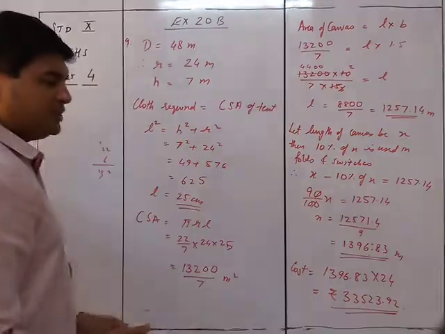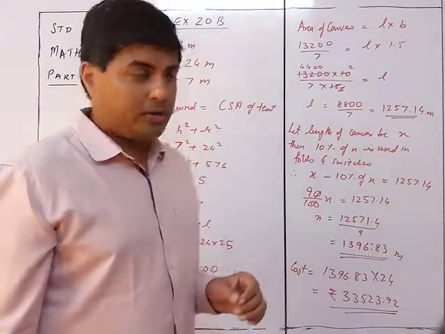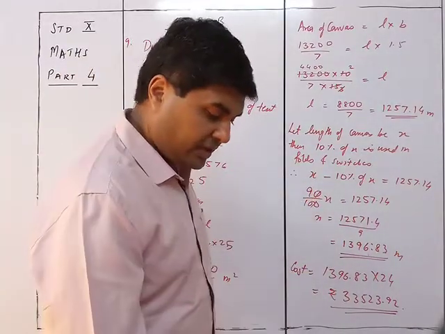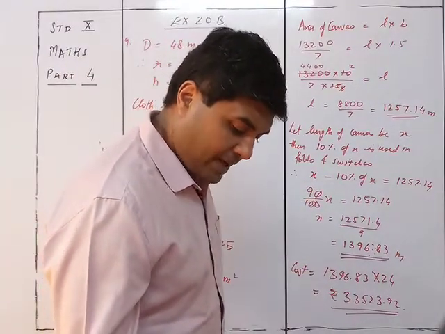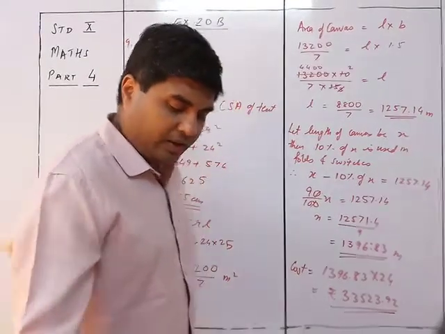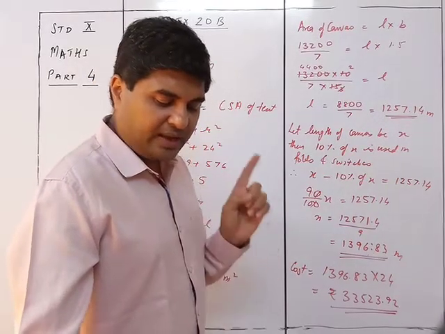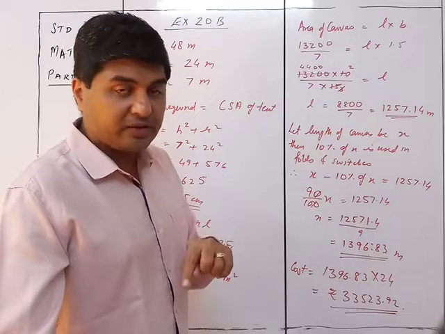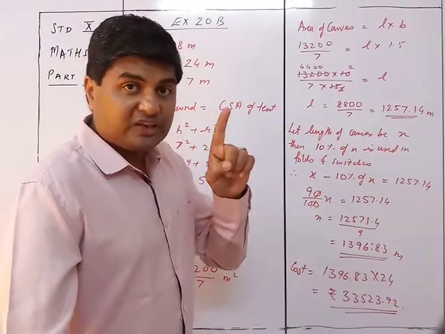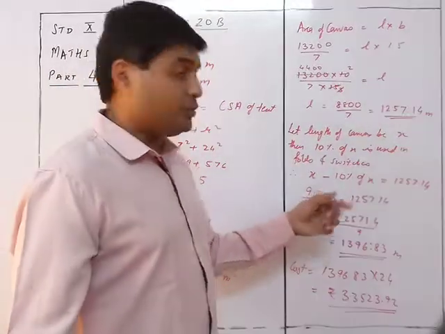So basically calculation is important, but moreover in this sum what was most important was this step. If you see the solved examples, in the solved example there is sum number 12 on page number 301, where they are given two conditions. 20% of canvas is used in folds and switches, and canvas used in folds and switches is 20% of the curved surface area. These are the two things which I was talking about. In the first case, 20% of the canvas used in folds, let's say here 10% of the canvas used, you are going to take it this way.